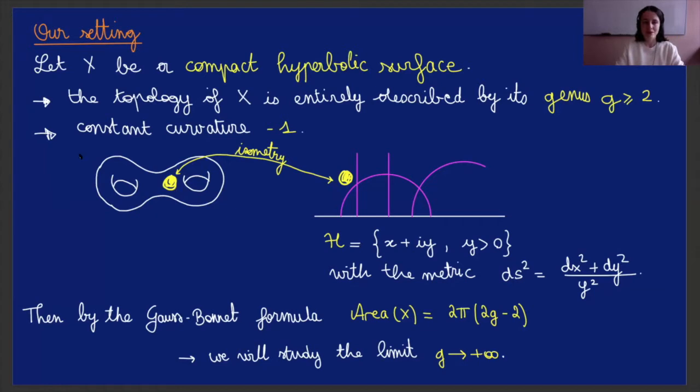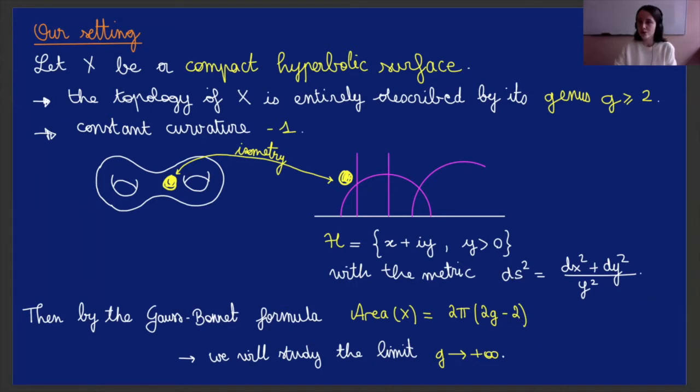And I will put a constant curvature -1, so it's going to be a hyperbolic surface, which means that locally it's isometric to the hyperbolic plane H, which can be seen as the complex upper half plane with the usual metric. The Gauss-Bonnet formula implies that the area of such a surface is 2π times (2g − 2), so roughly